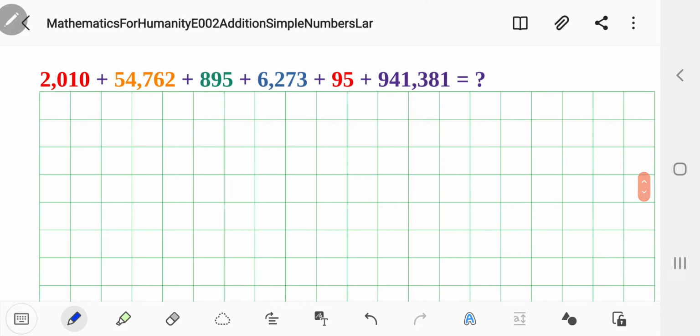Now let's take a look at this. How about these numbers? How do you add them? We write them vertically, but the rule is that you should place them in the same line of boxes: the units digit, the tens digit, the hundreds digit, the thousands digit, the 10,000s digit, the 100,000s digit, and so on. So for this example, we have